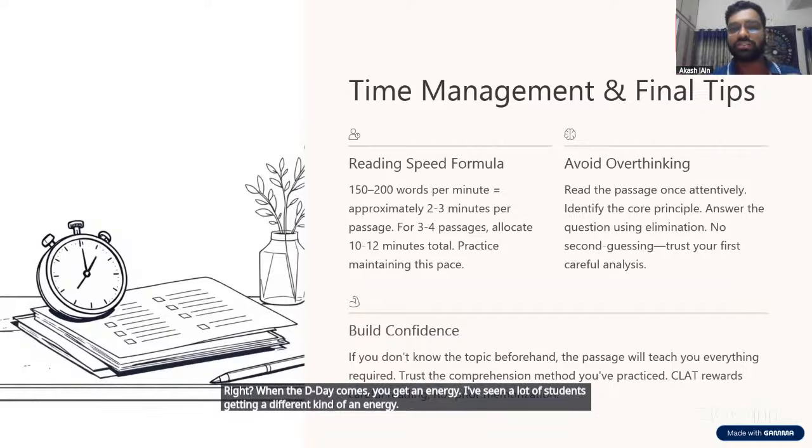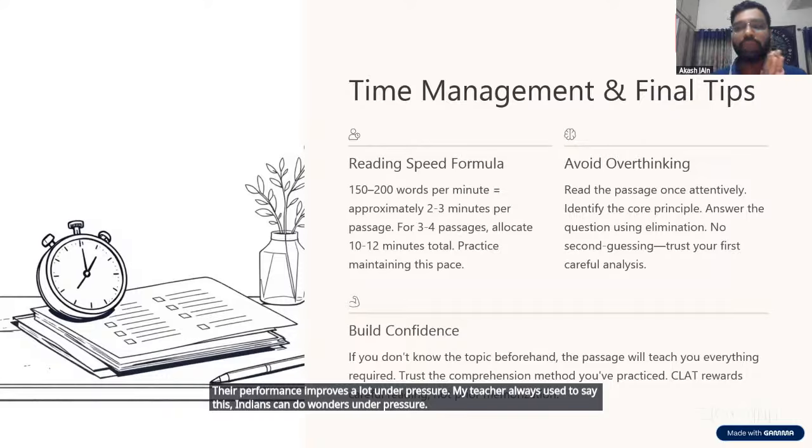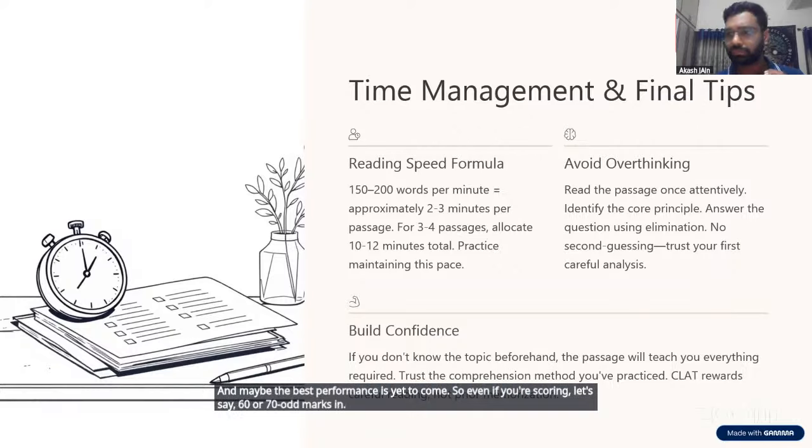Their performance improves a lot under pressure. My teacher always used to say that Indians can do wonders under pressure. So maybe you have not seen that kind of pressure till now, and maybe the best performance is yet to come. So even if you're scoring, let's say, 60 or 70 odd marks in